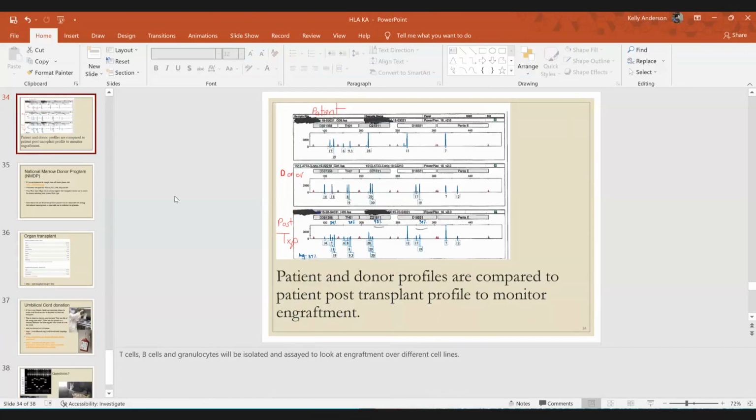Something like a patient and four options of donor, which one will be matched for the patient? So normally we try to see which has the highest amount of common